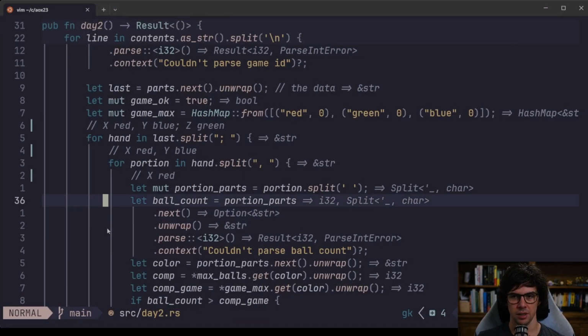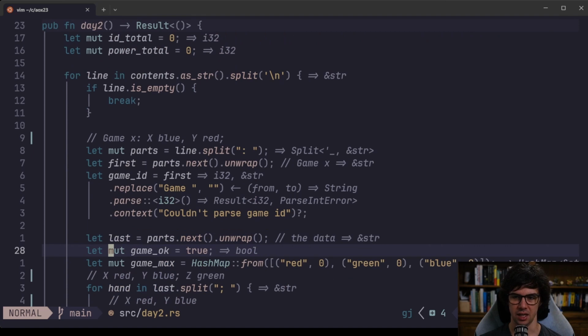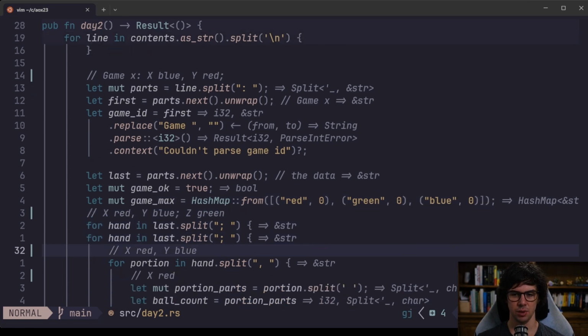So this is the same code as before, but we'll talk about the part 2 components for the time being. We'll jump back up to the top of the file. We store a variable here to store the total power. That power, as I mentioned before, was those 3 numbers multiplied together. Then the first place down here that we note a difference for part 2 is this game max hash map. So this is a mutable hash map, which means it's something we're going to change as we iterate through. And it stores initial values for the maximum number of red, green, and blue cubes that you would need to satisfy this game. We initialize it to 0, and then as we loop through,